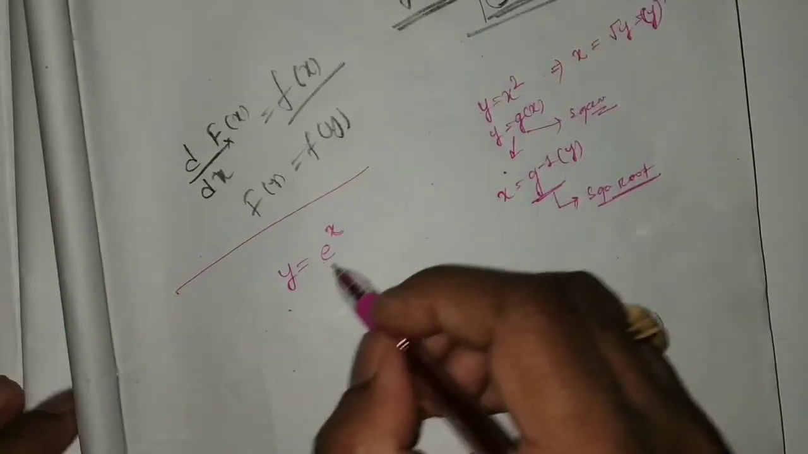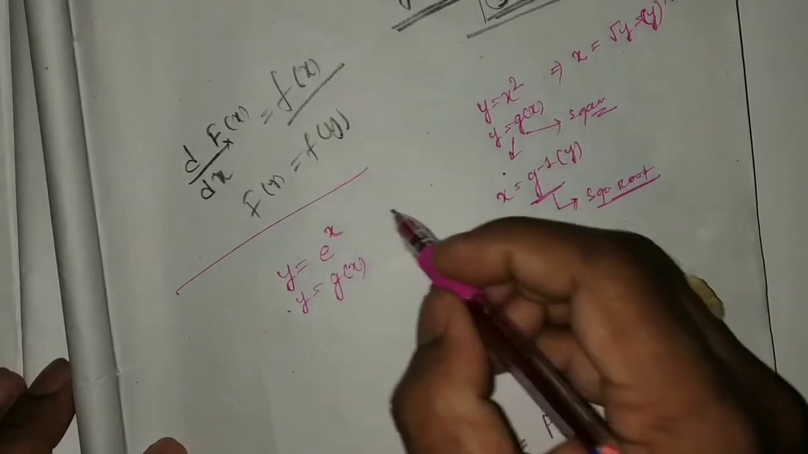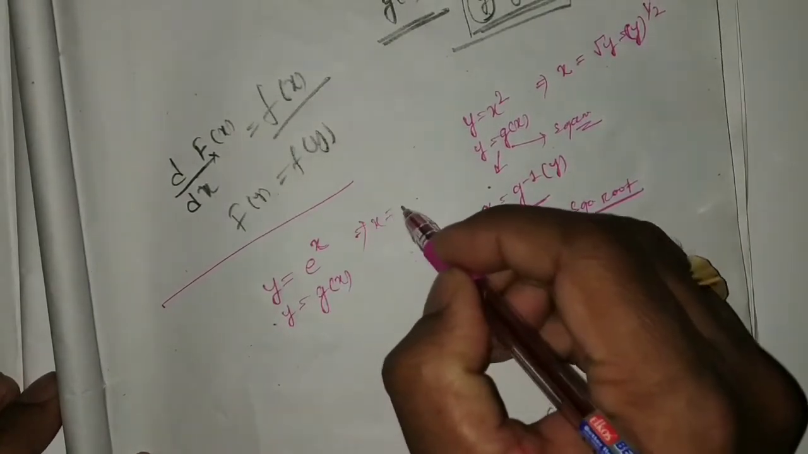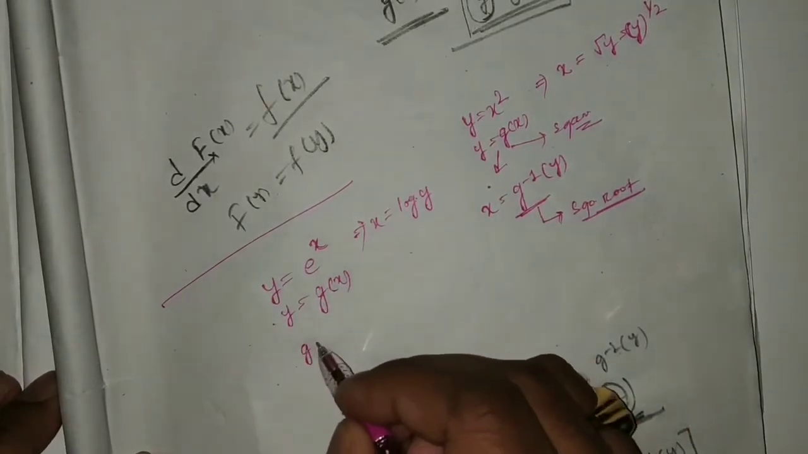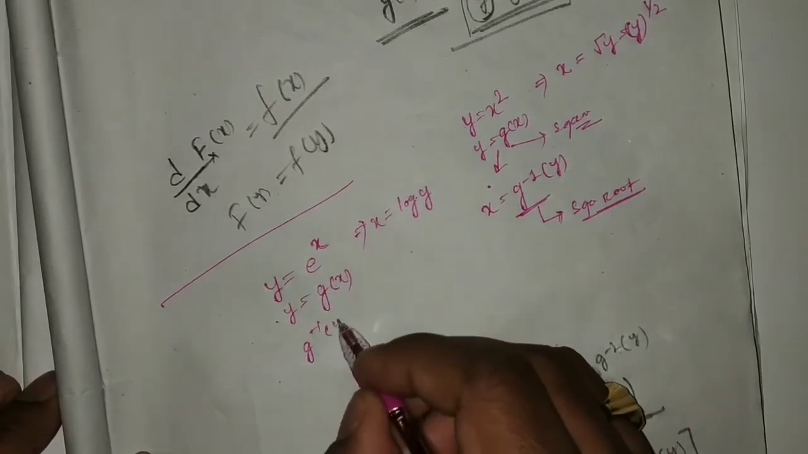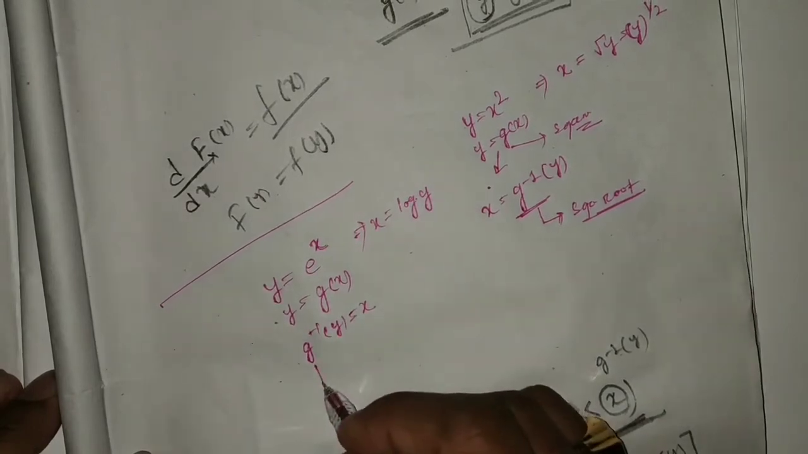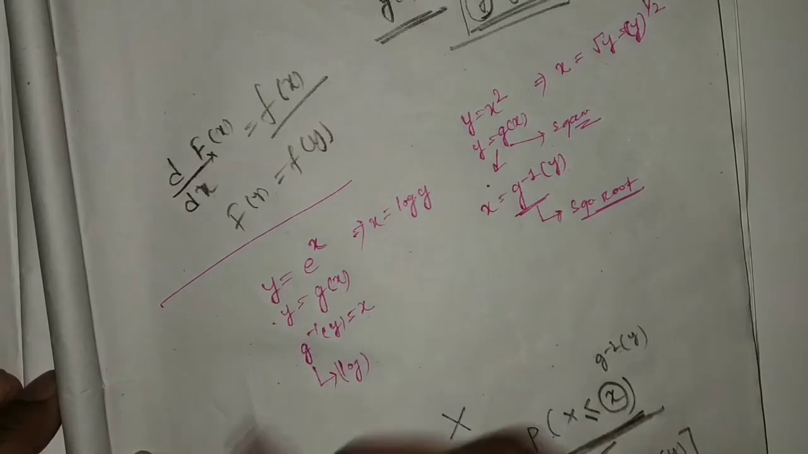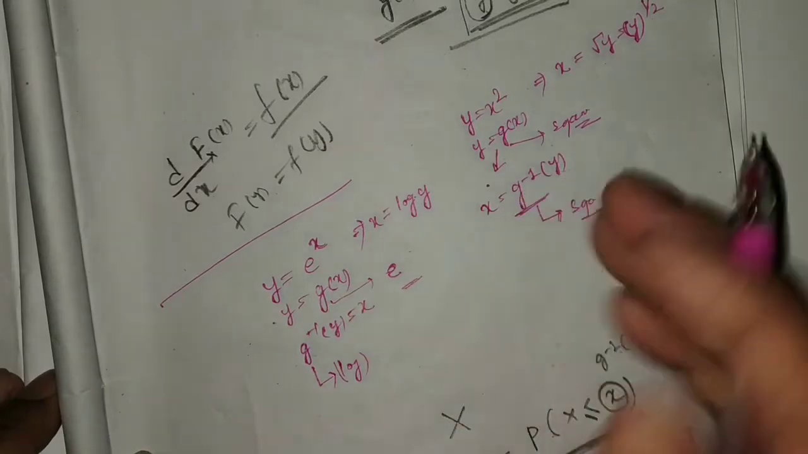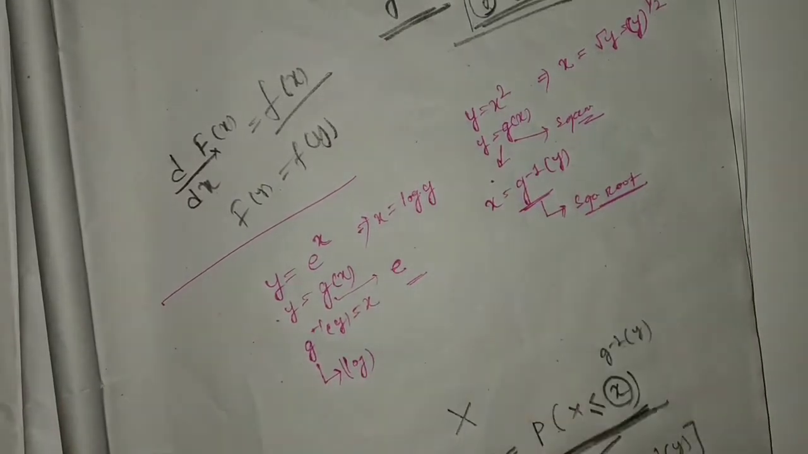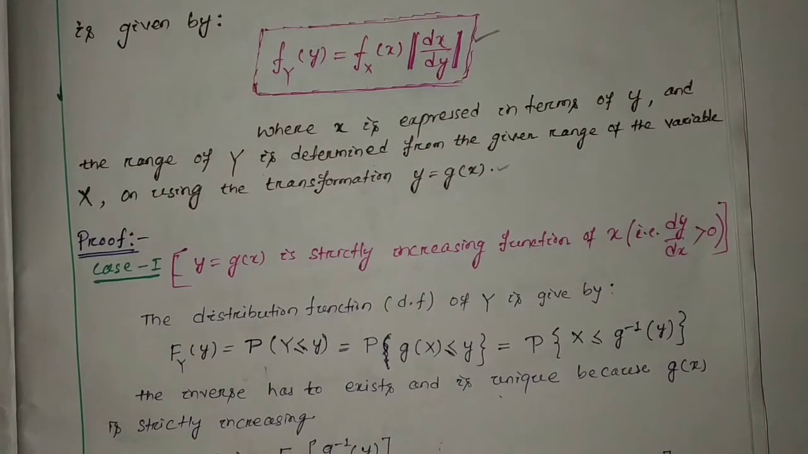So that means y equal to g of x, that is e to the power x. That implies x equal to log y, and here we can write g inverse y equal to x. So here g inverse represents the log, where g represents the exponential. Like this you have to consider. So in all ways we can say that if g of x is strictly increasing, yes, one thing I forgot,